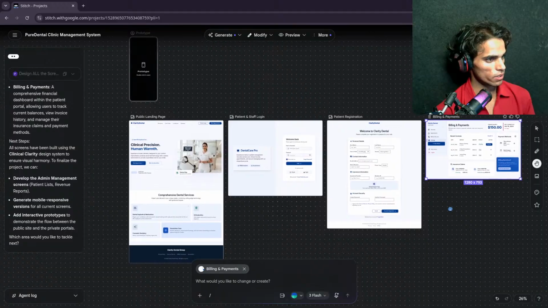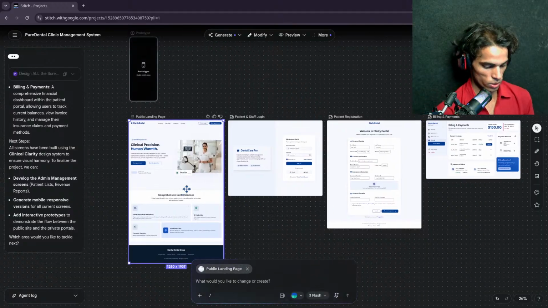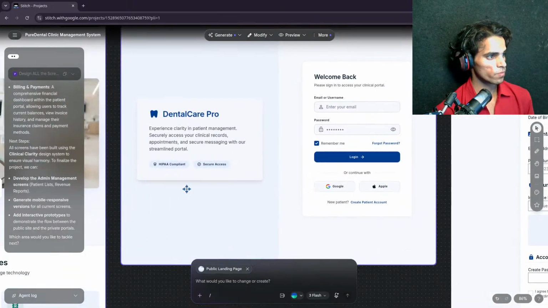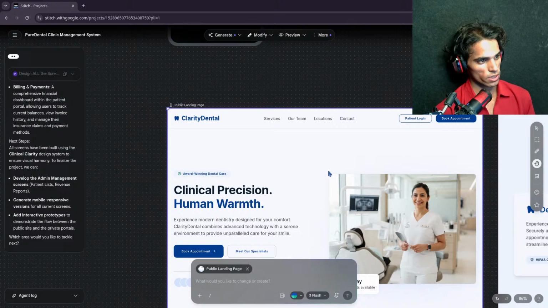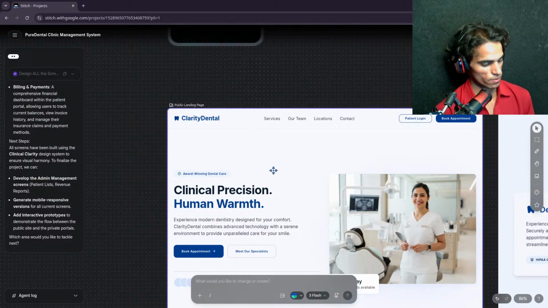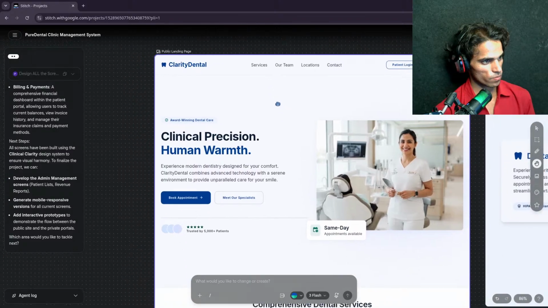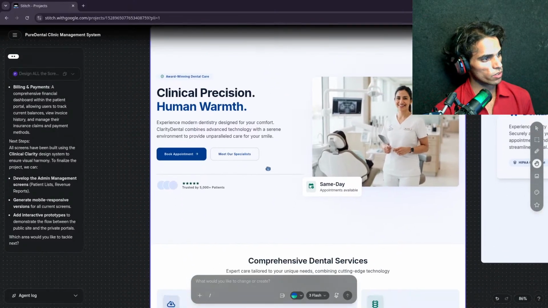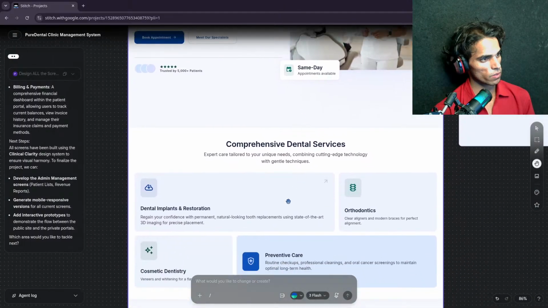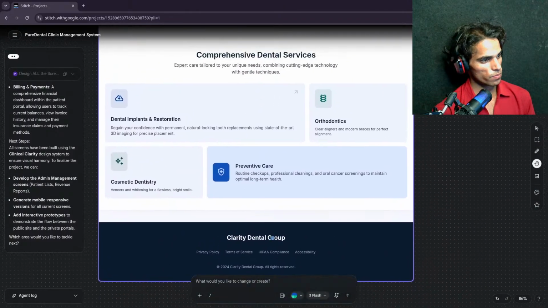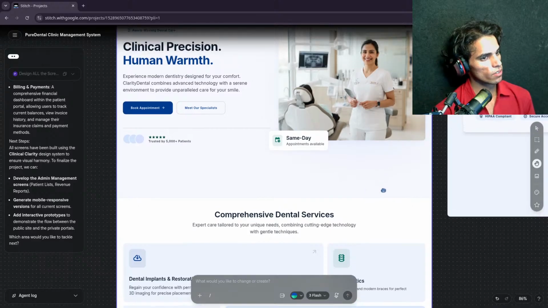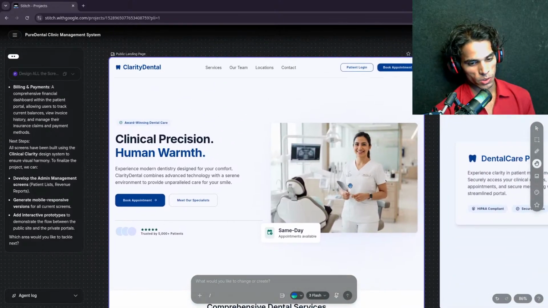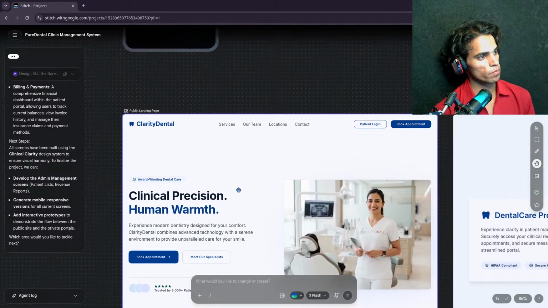Now let's see. We also have this page, so let's zoom in. And inside this we have services, team, location, and contact. Then there are lots of things that we should do.